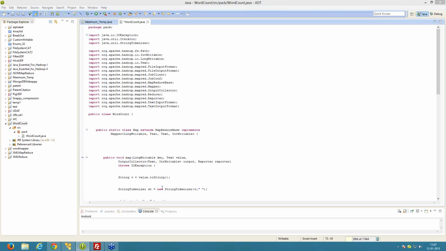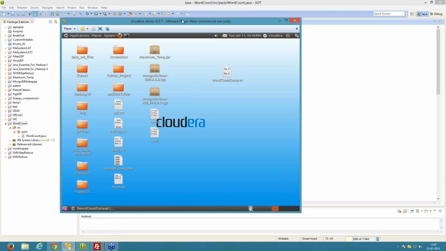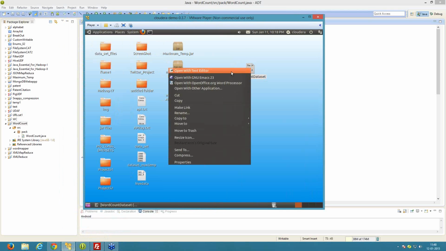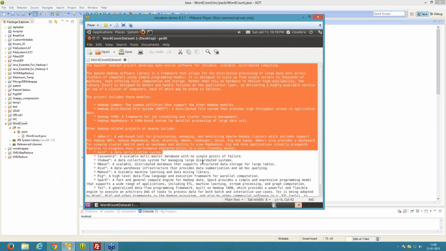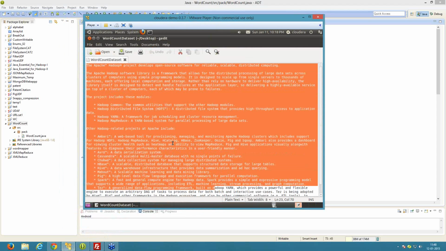Okay, hello everyone. Today we will discuss MapReduce programming. In this, first, suppose we have a words file that contains a number of words. We want to calculate how many times each word has occurred in the file. So we will write a mapper function and a reducer function using the Java language.